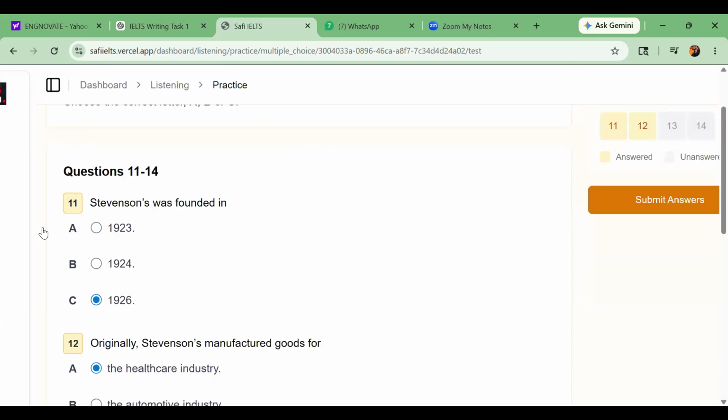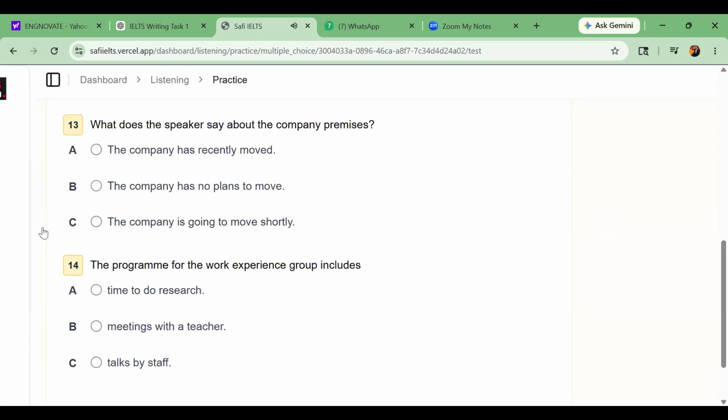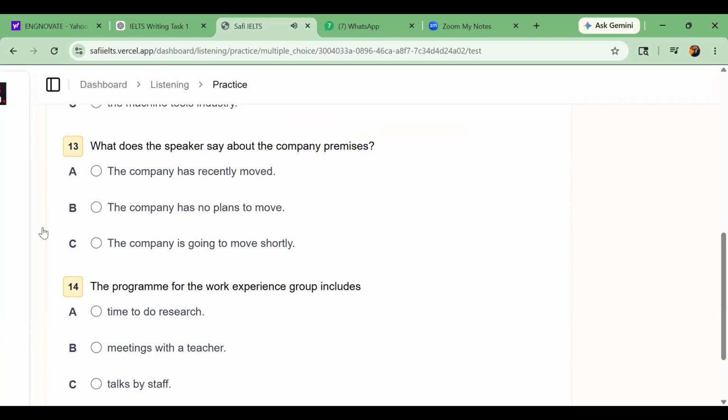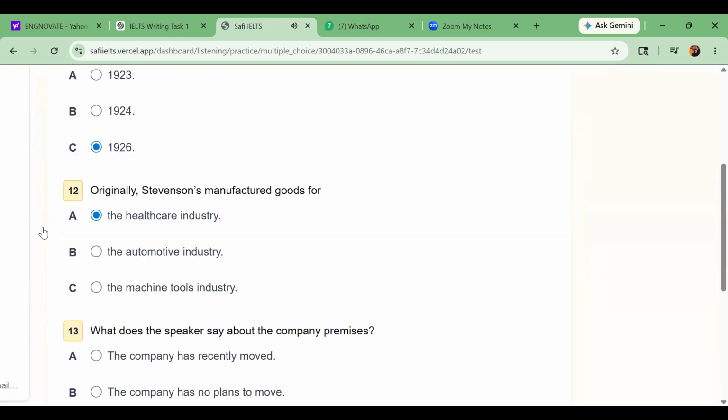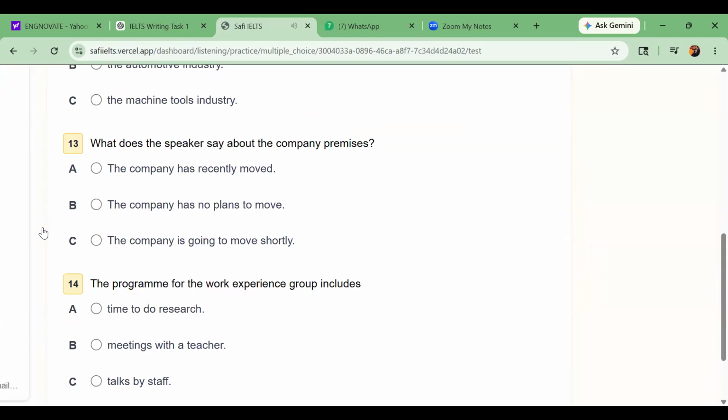However, the layout is far from ideal for modern machinery and production methods. So we intend to carry out major refurbishment of this site over the next 5 years. Okay, over the next 5 years, they want to go for what? Renovation. Clear? But they don't have any plan to move.